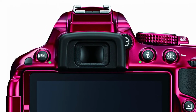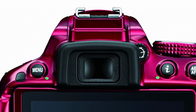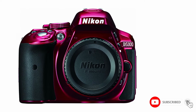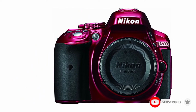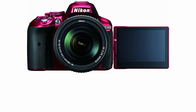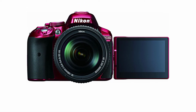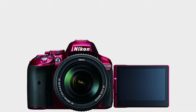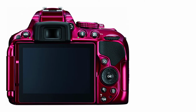It has Wi-Fi connectivity for easy file sharing and features a built-in GPS for automatic geotagging. Its focus is also pretty impressive since it comes with a 39-point high-density autofocus system that quickly locks into the subject. Touted as a fine Nikon digital camera and a favorite for the advanced beginner, the